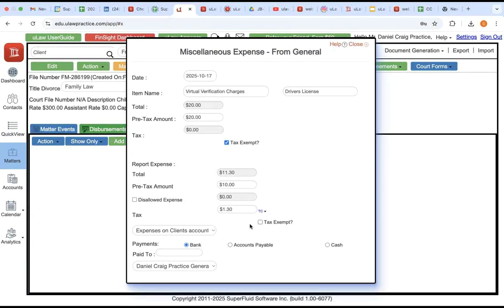Then you make sure to click on tax exempt on the top as well as at the bottom. Now, some people go about charging taxes because you are eligible to charge taxes, and let's say this one incurred taxes, then you would keep it accordingly. So whatever it is that you have paid for goes at the bottom. Whatever was incurred goes on the top.